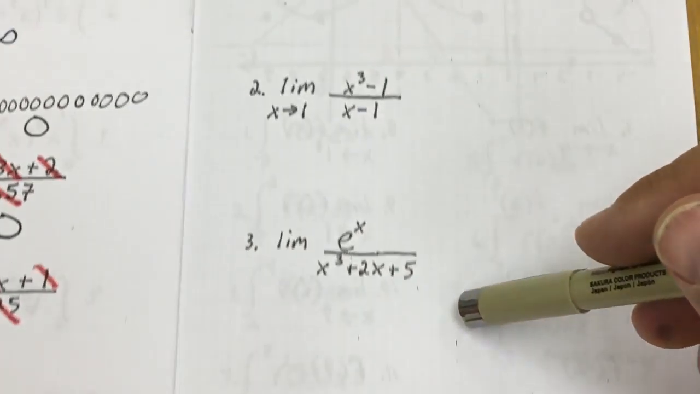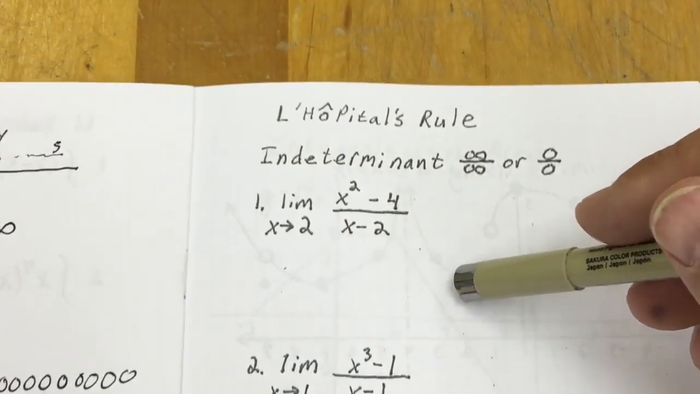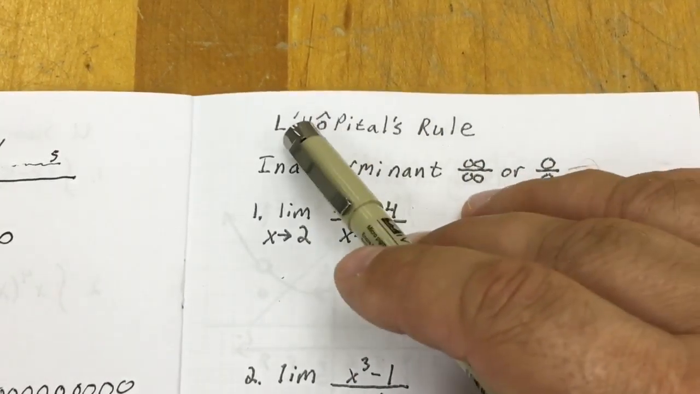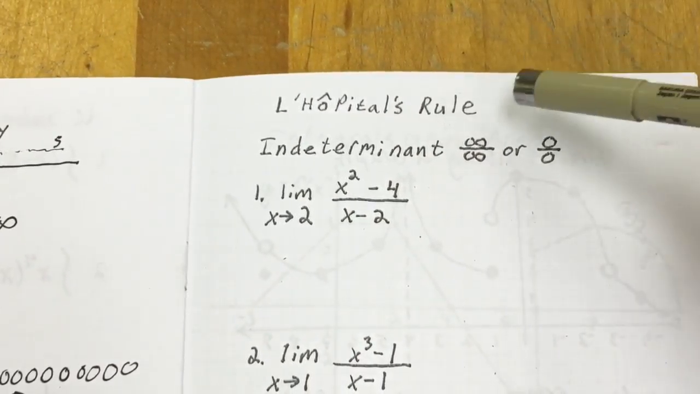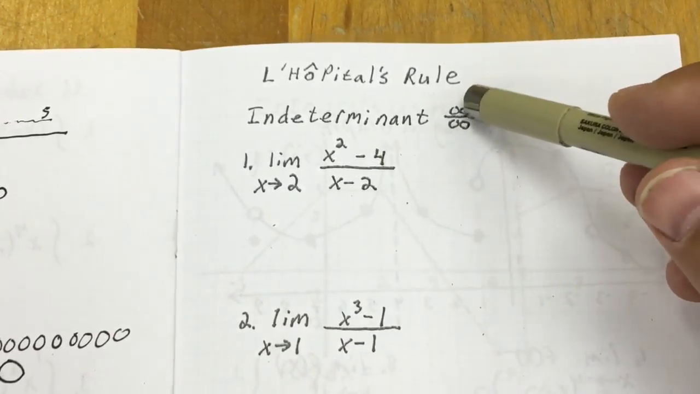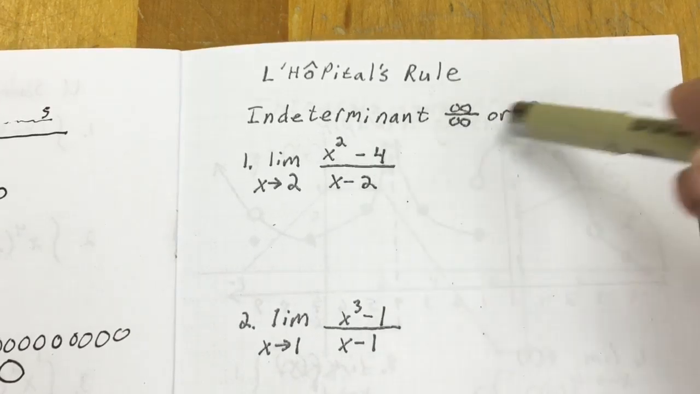Page 16, very brief look at calculus. We're going to discuss something called L'Hopital's rule. Not L Hospital or Hopital, L'Hopital. It's French, I believe, and one of my students gave me the correct pronunciation. Indeterminate form means if you get infinity over infinity when you plug a value in, or 0 over 0, and